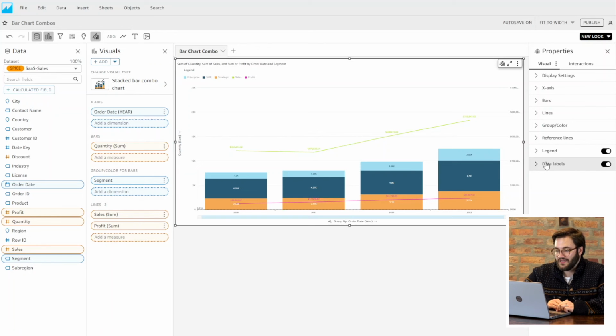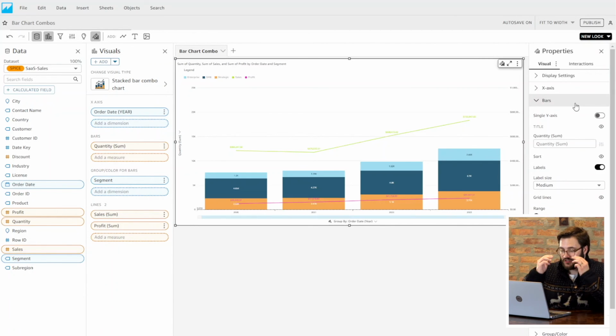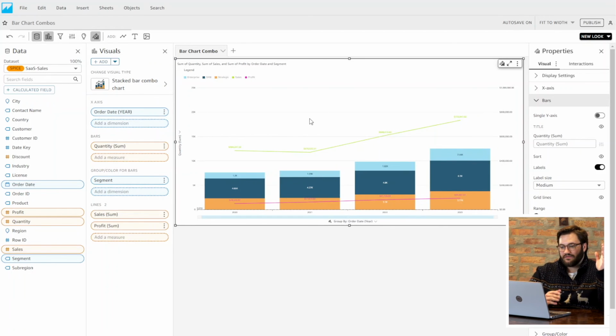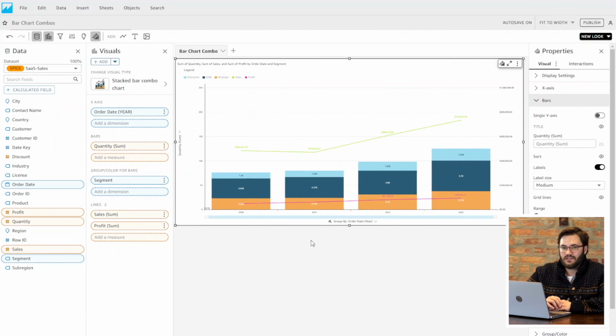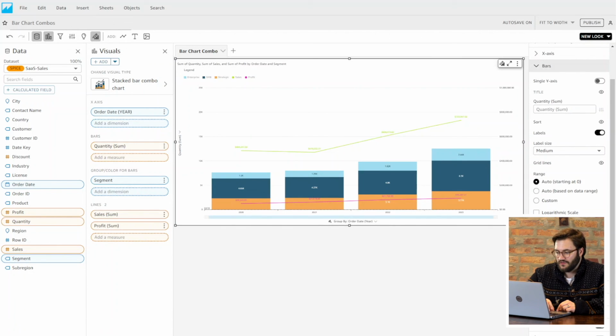My last recommendation here is make sure that you are being diligent with your y-axis. Since you're adding lines, you're going to have the left and the right y-axis. So you're going to need to make sure that those values make sense for your reader while they're looking at it. And this is where going into the format visual menu and making sure that you are titling